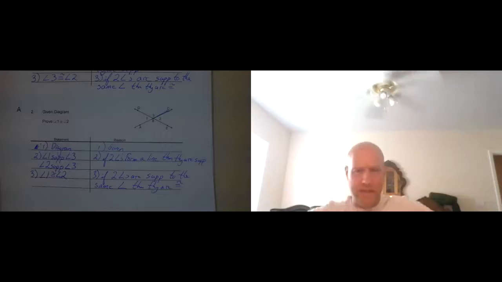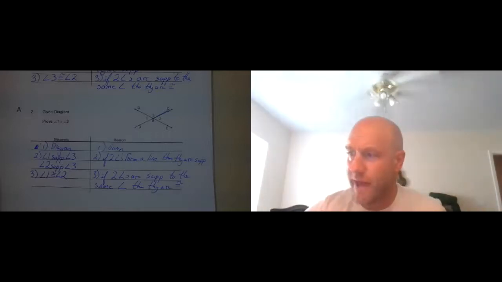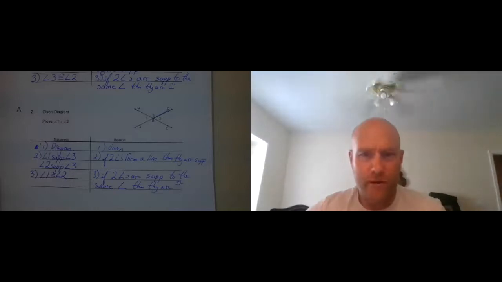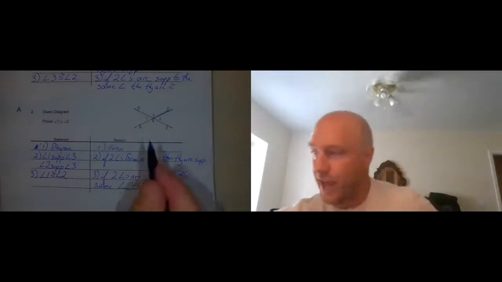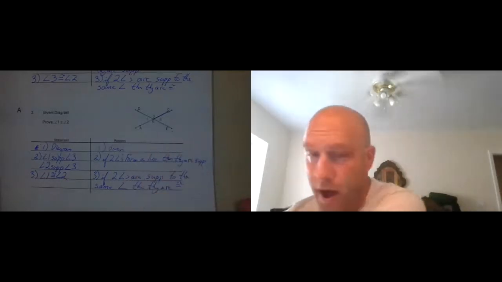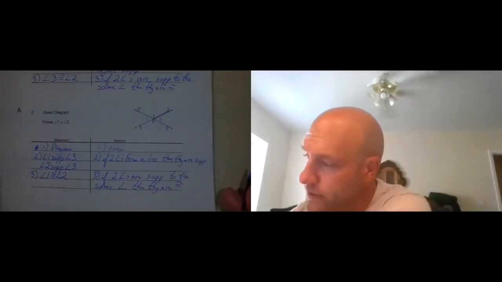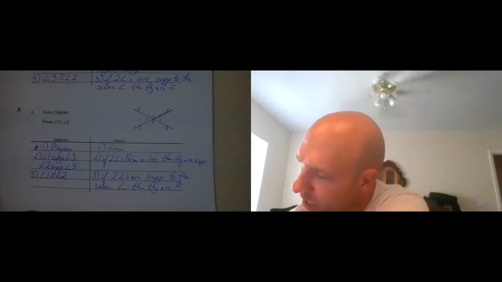We're going to leave aside this "diagram as shown" bit fairly soon. They like to just get you in the habit of writing something in the place of givens, even if it's just "diagram as shown." But at some point, we're going to quit doing that. And we can just use our brand new theorem because angle 1 and angle 2 are opposite angles or vertical angles. Our brand new theorem, which says if angles are vertical,